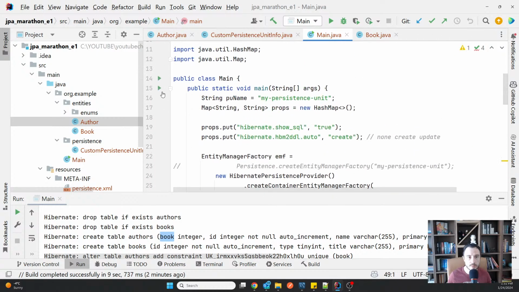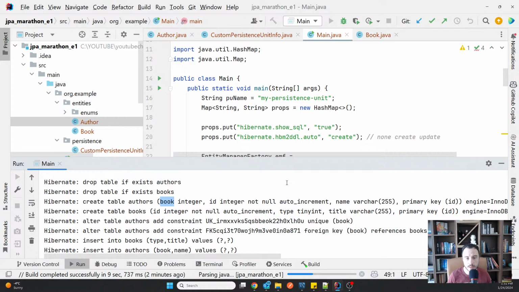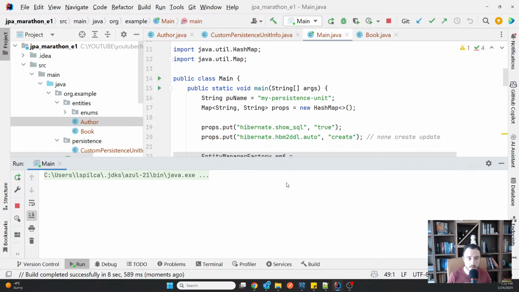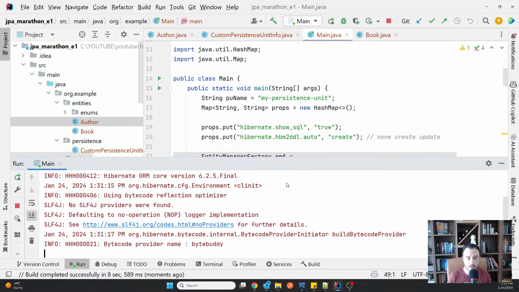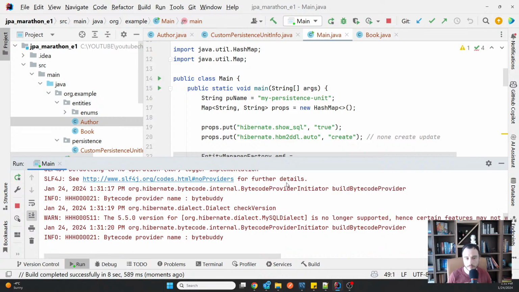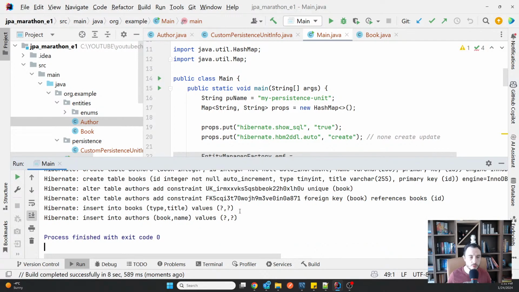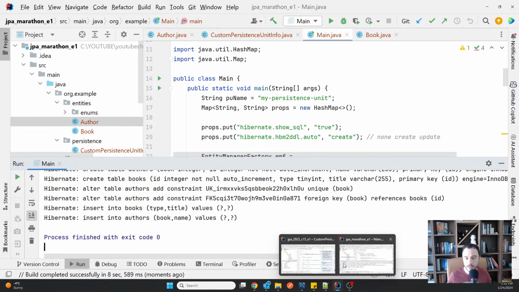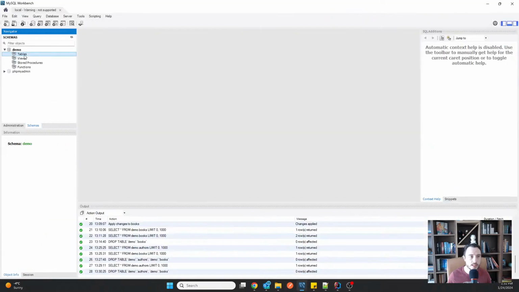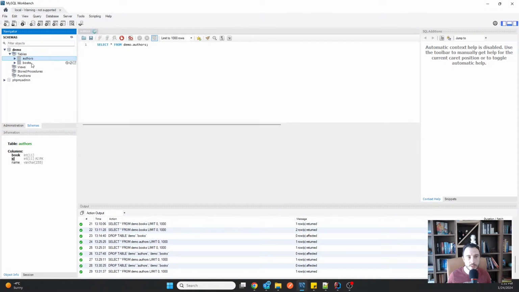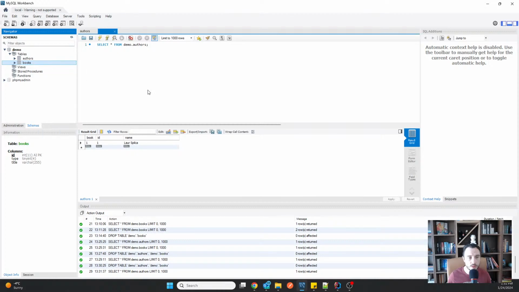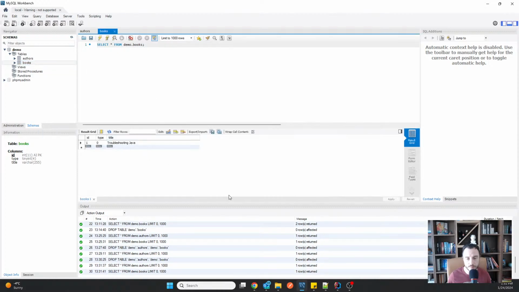So I'm going to run this, and I'm going to then observe that we see the same result, and the book is persisted because of the cascade I have set at the author level. Okay, you can see the two inserts have been done indeed, and we can check that we ended up with the same result, even though we didn't manually configure the book to be persisted. The book has been persisted.